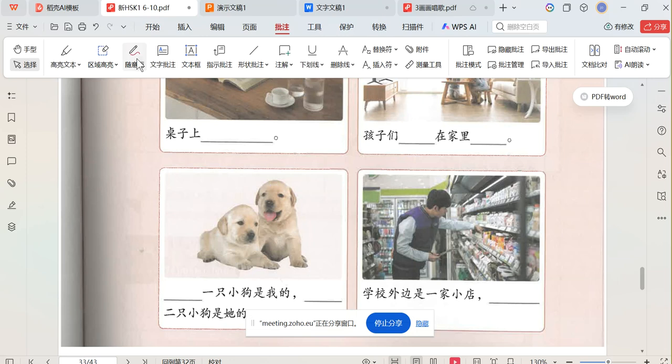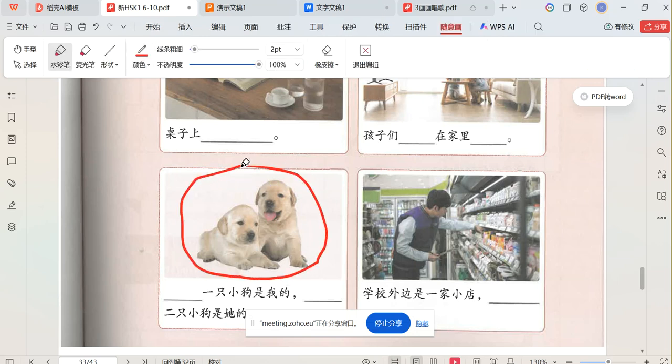Answer my question looking at the picture. 这里有几只小狗？Here has how many dogs? 这儿有几只小狗？Here has 2 dogs, right? So how do we say that? 这儿有2只小狗。